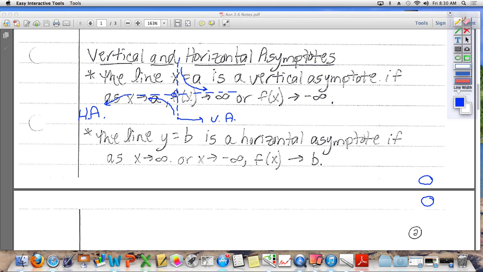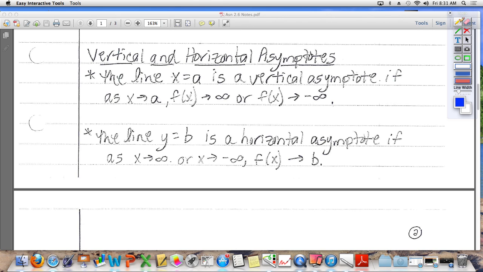Whenever you have an x equals a, what kind of line do you have? What if this was x equals 5, not x equals a? If it's x equals, it has to cross the x-axis. So it's a vertical line. What if it is y equals something? Then it's going to be a horizontal line. Very good. Okay, so the line x equals a, meaning just some number, some constant value, is a vertical asymptote